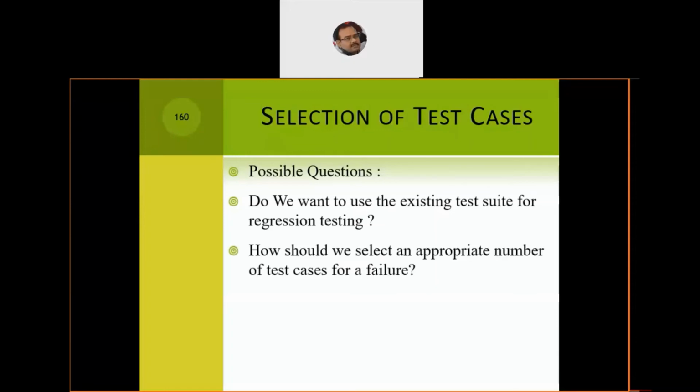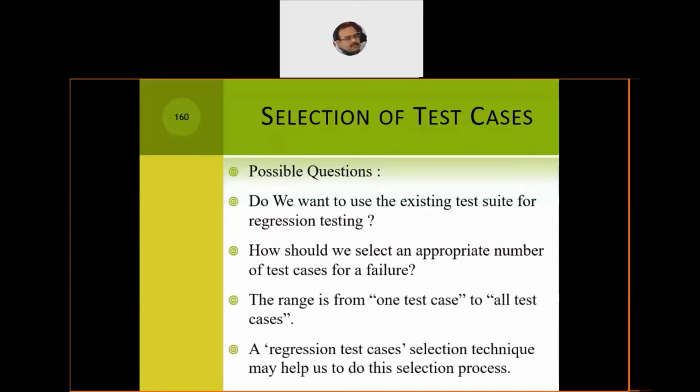And how should we select an appropriate number of test cases for a failure? That's again a conscious decision that has to be taken, which is the appropriate number to choose, because we need to identify the success and we also focus on failures, that is, what are the inputs which can be given where the software can fail. So those inputs have to be identified to check for the points where software can fail in the real-time scenario. So the range can be from one test case to a complete set or the complete package of all the test cases which have been designed for that particular portion of the code of the software.